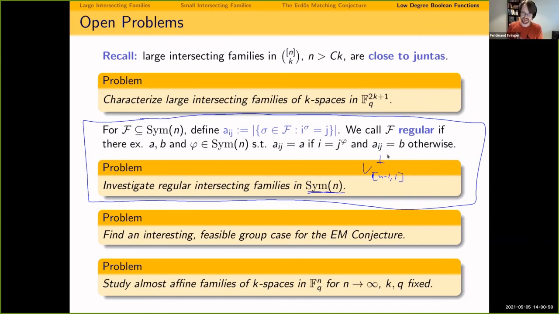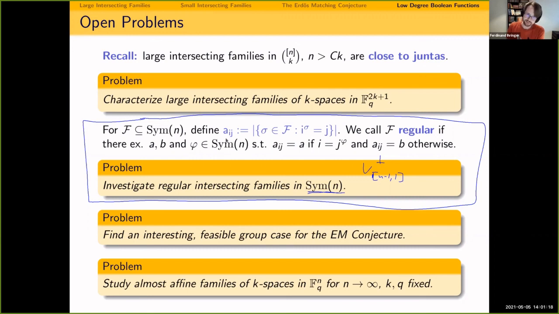But you still want to have some kind of regularity that prevents your families from being too large. I think you also want a regularity which puts it in line with the other problems, so it forces your family to be very, very small. And the problem is that you can no longer think about it spectrally too much, I think.